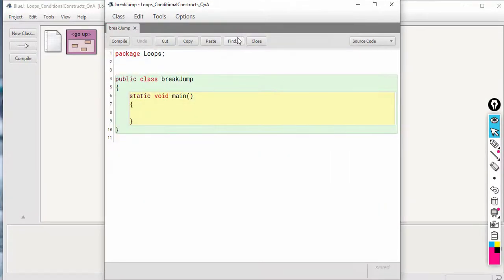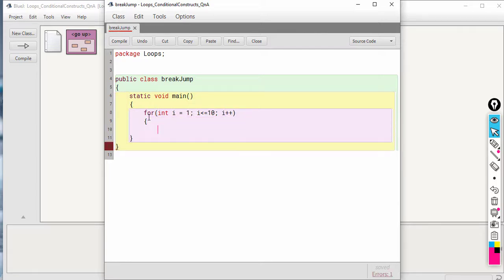Now let's talk about break and continue, which are the jump statements available that can be used inside loops. Okay. So let's make a loop here. For int I is equal to 1, I is less than equal to 10, I plus plus. Now let's say I write a condition here.